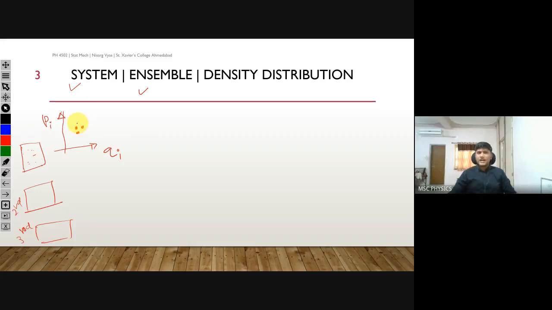So each system has a different microscopic state. So each system can be represented by different points inside the phase space. Now the phase space is not our normal space, that is x, y, and z coordinates. It is the position and momentum space, and this position is not the normal position, it is generalized position. So by generalized position, it can be the position in spherical coordinates, cylindrical coordinates, parabolic coordinates, any coordinates.